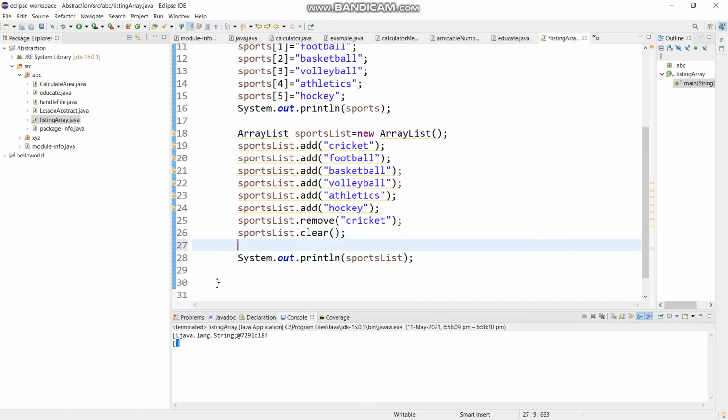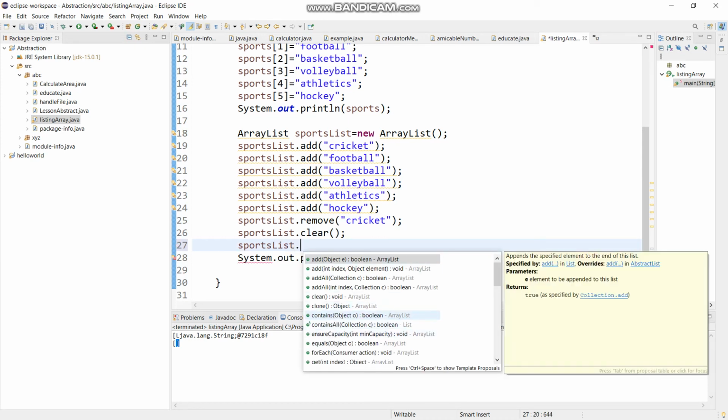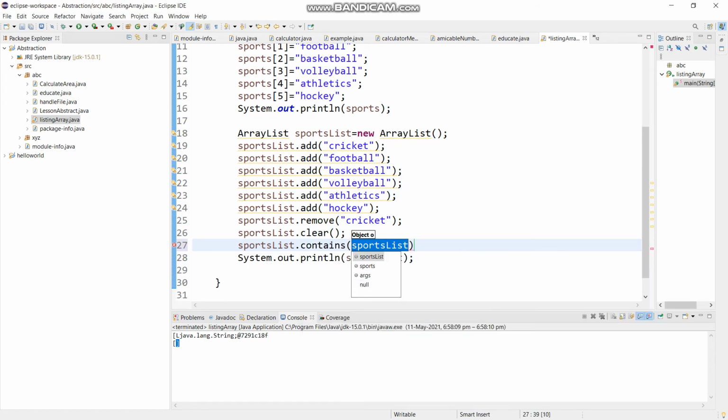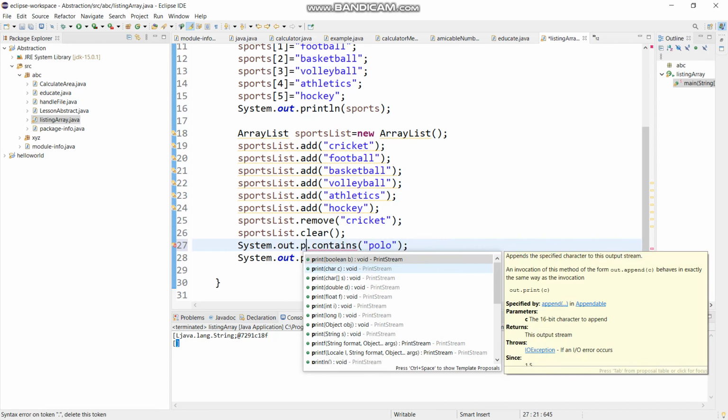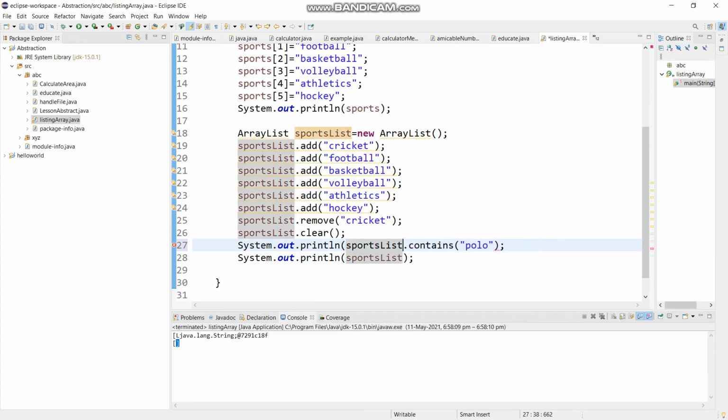Now I want to see if the list contains a particular item. So I am going to write sportsList.contains polo, and I want to display this validation on the screen, so I am printing it inside the System.out.println method.